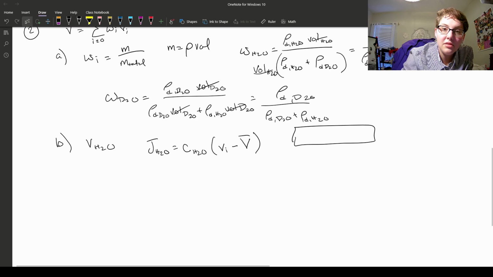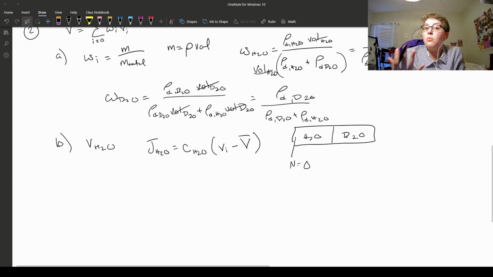Similar to our last homework problem, since this is a closed capillary system, we can tell that the total molar flux is going to be equal to 0. If it wasn't, we'd end up getting a buildup of material in one part of the capillary, which wouldn't have it being reduced to